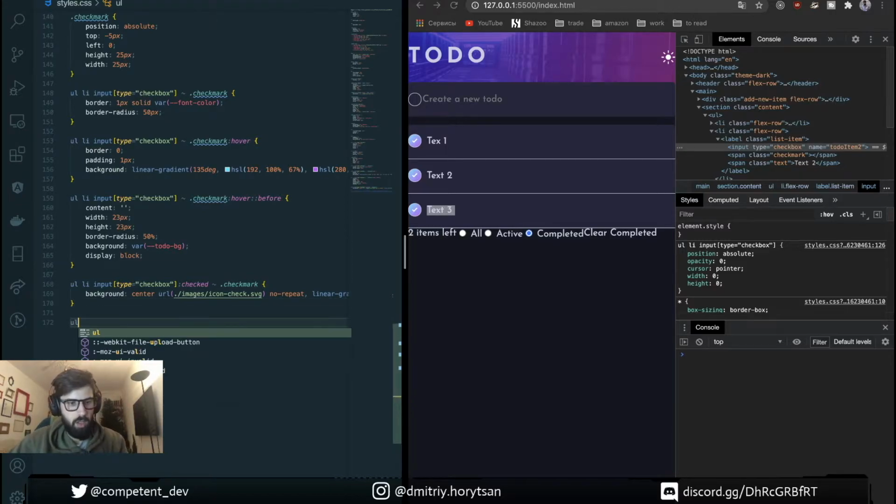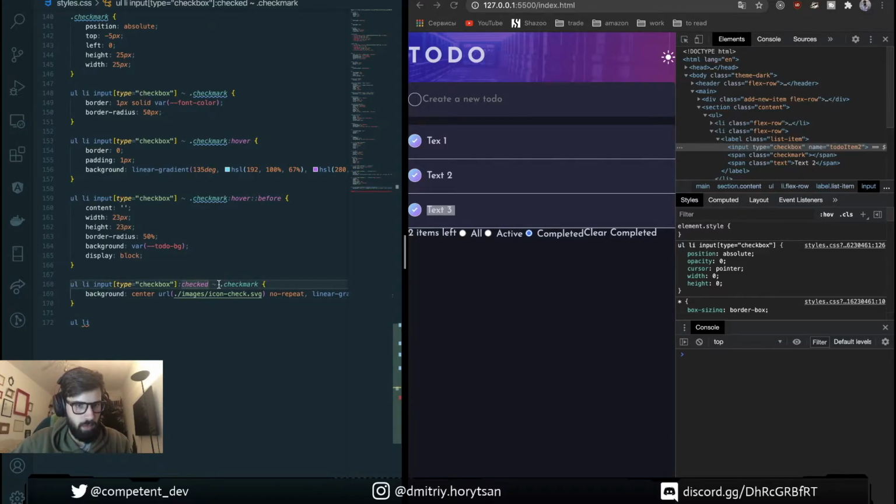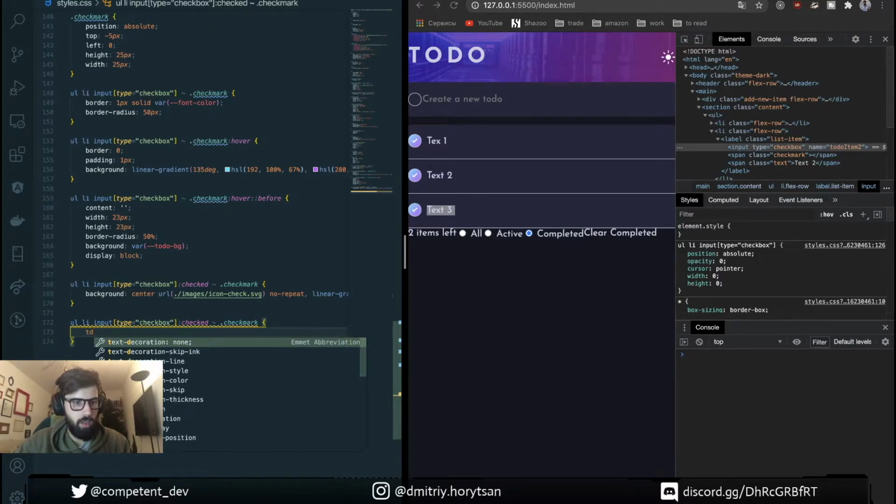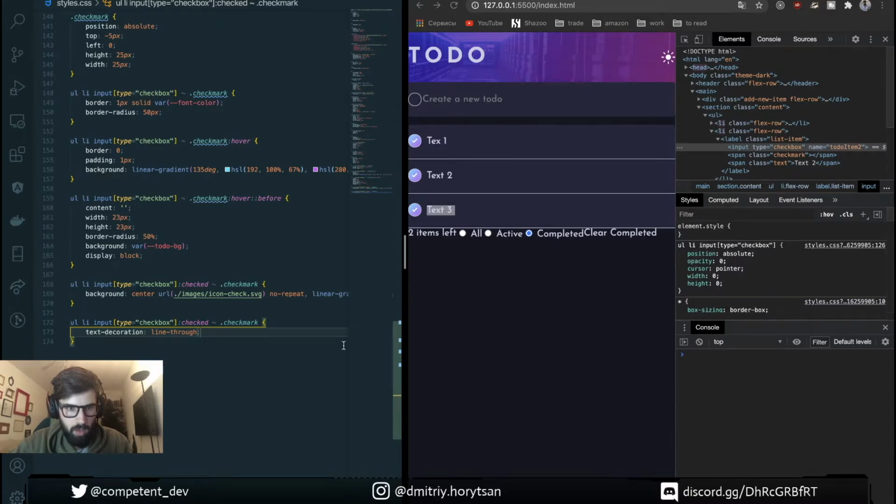And the last thing with this, for our text span we need to add text decoration line through. Once it's checked, text, as you can see how it is.